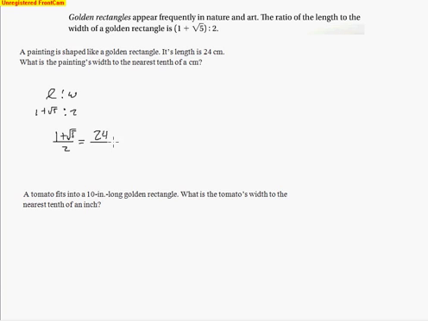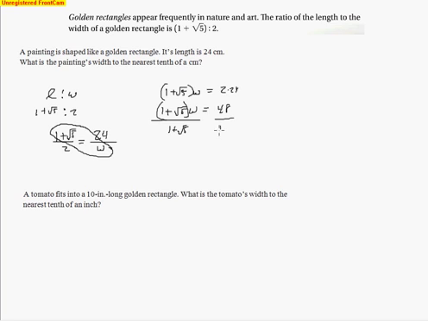So it goes on top because I'm doing length on top. And what is the width? So we're not sure, so we'll put a W. And so we go ahead and cross multiply here. So we're left with W times the 1 plus the square root of 5, and so that's being multiplied by W, equals, and then 2 times 24 makes 48. And so on this other side, I'm just going to divide by the 1 plus the square root of 5